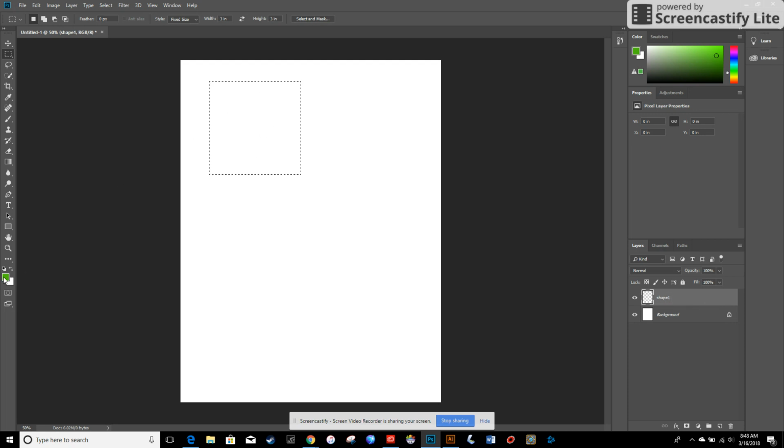We've got the selection. We've got our color. Now we can just hit Alt Backspace to fill it, and then Control D to deselect. Okay. Next, we're going to go over and you could do this the easy way and just click on the